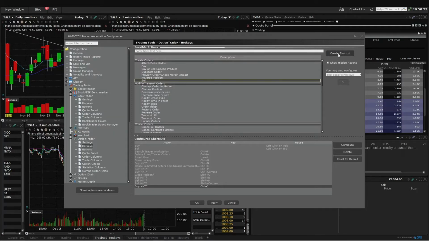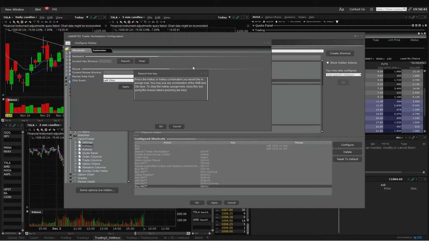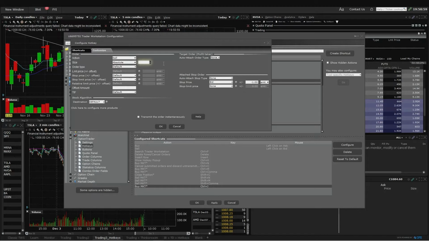Now let me create a sell one also. If you click on sell, create shortcut similarly. So for me personally, since I use Control J for five options, I use Shift J. Just so that I don't click any button randomly: anything with Control is a buy, anything with Shift is a sell. I use a combination so that I don't press anything randomly. Once I have Shift J, same thing, I can do absolute, I can do five, and I can do market, since I do market.